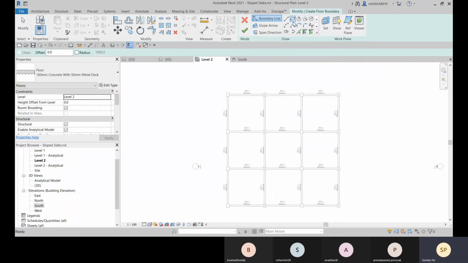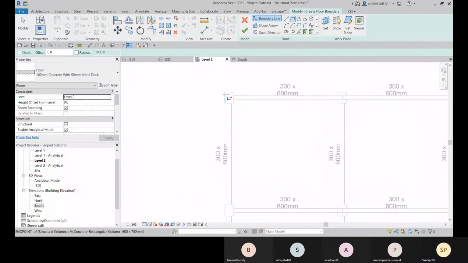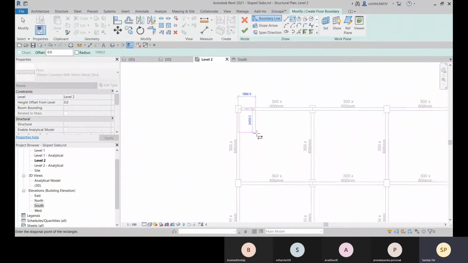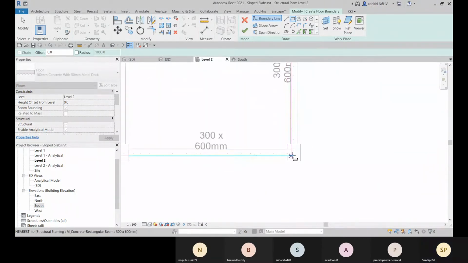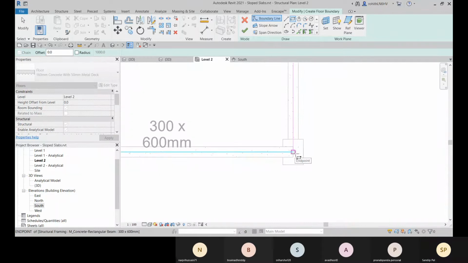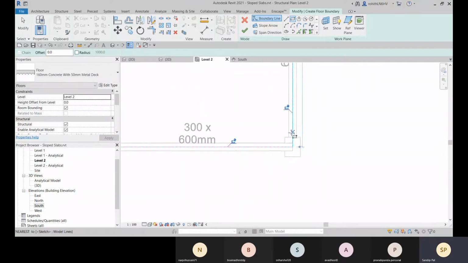Let me go with this rectangle shape. You can choose pick walls or pick supports. I'm going with this. Let me place it from here. Okay, and this is done.